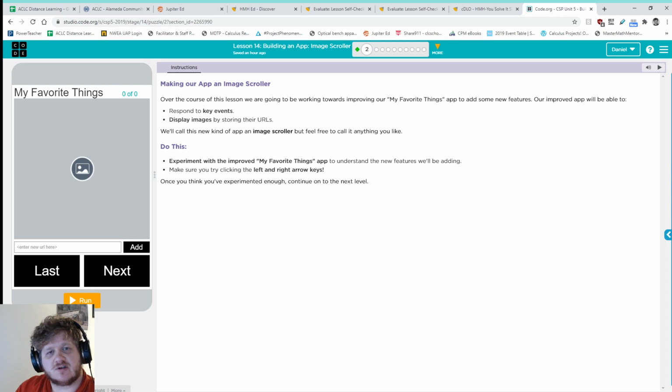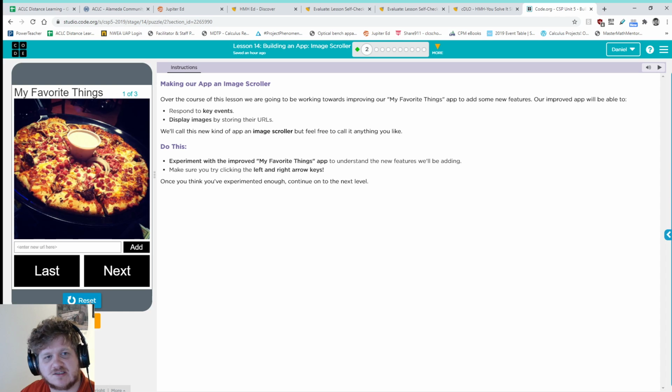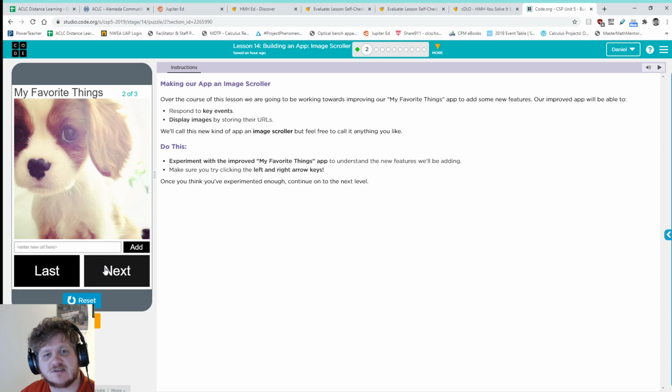So what is going on today is we are going to be using what we've learned about arrays to create an image scroller. What we have here is our test build and the exemplar, where you have pictures and you can copy and paste URLs here to add more pictures to your thing. This is an extension of what you completed in lesson 13, which was your